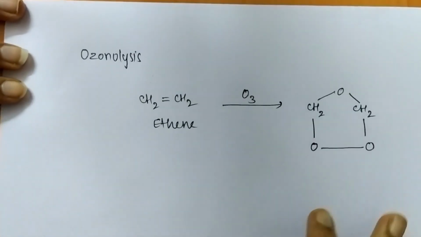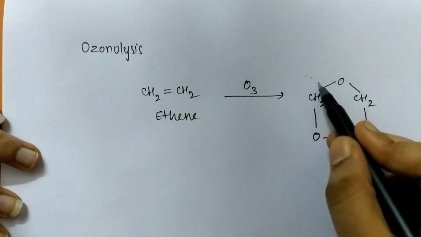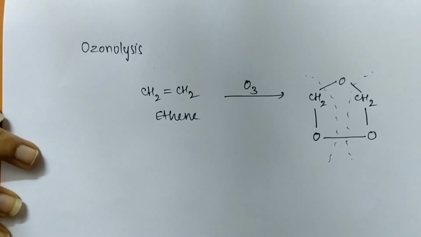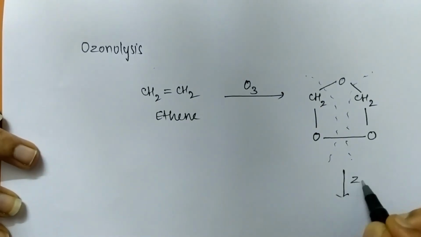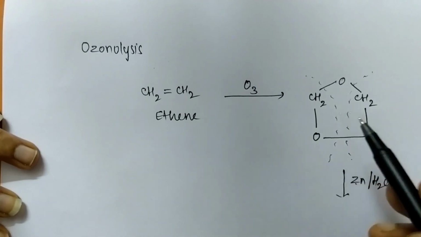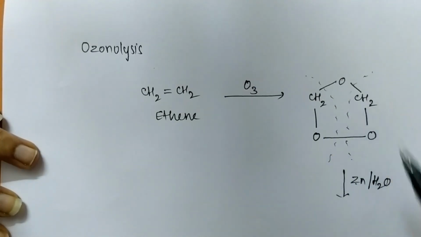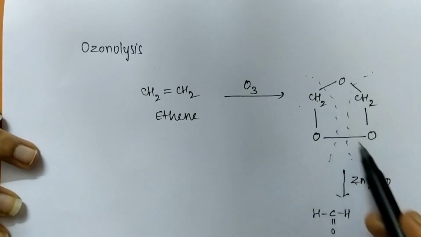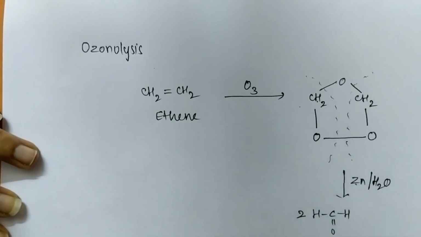Now here what is exactly going to happen is that this bond and these bonds are going to break. This breakage is going to take place in the presence of Zn, that is zinc, and water. Whenever it takes place in the presence of zinc and water, we are going to be left with C. Of course this is called formaldehyde. Here also we are going to get the same thing, that is 2 molecules of formaldehyde. And ultimately the byproduct is going to be ZnO,